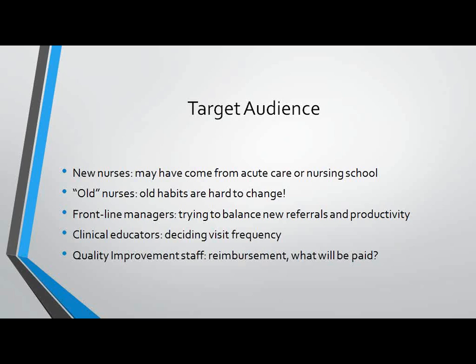Old nurses as well. And the reason I say that is because sometimes we know that old habits are hard to change. Back in the day, I remember working with an acute care team and a chronic care team. We would keep patients on indefinitely just in case they went back into the hospital. Also had management and evaluation of a care plan. So back in that day, we didn't really pay too much attention to visits, and we basically were being paid fee for service. And then along comes prospective payment system,